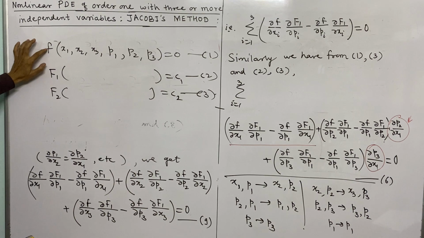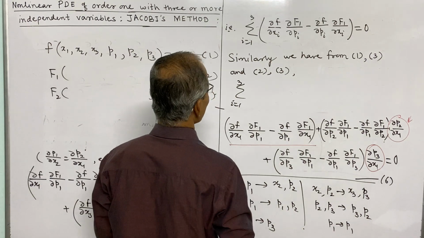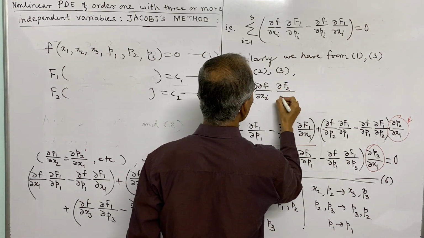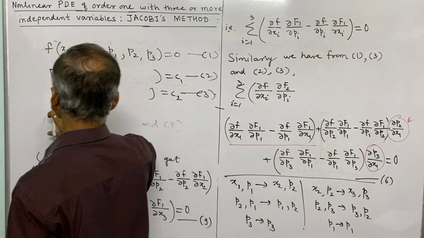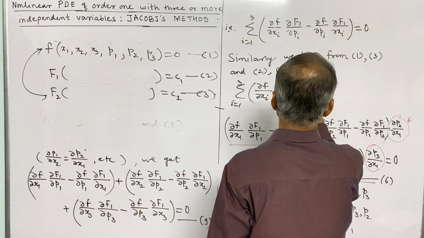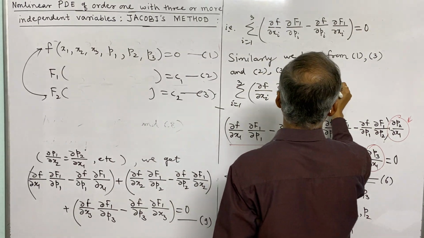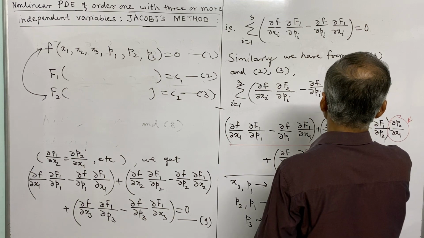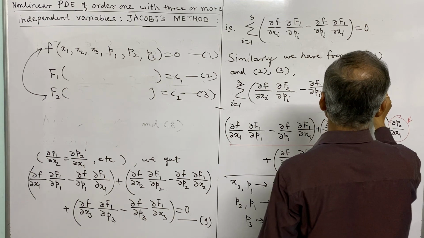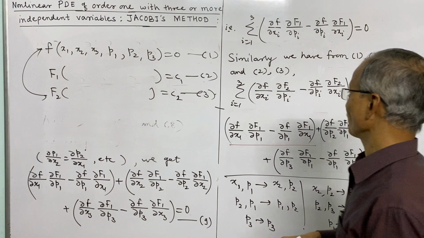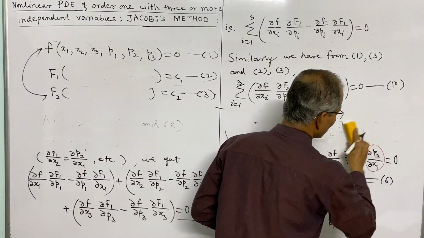Now from 1 and 3 will involve f and F2. So that means this will be ∂f/∂xi ∂F2/∂pi, in place of F1 we are using F2, f and F2, 1 and 3, minus ∂f/∂pi ∂F2/∂xi is equal to 0, and this will be our next equation, that is 10th. 9 and this equation is the same, that is written in brief form, and what we will get as the next equation is,